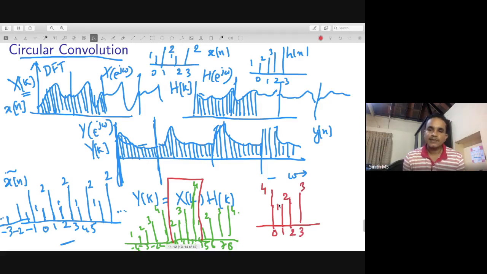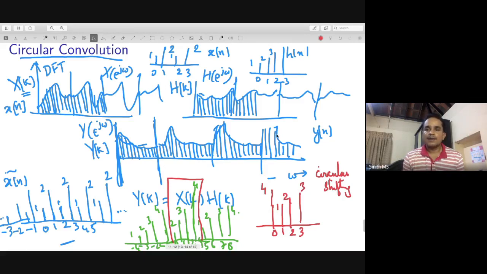So this is shifting. The shifting that happens here, instead of 0, 1, 2, 3, 4, shifting to the right, the 4 which was here was shifted to this point, and you call this circular shifting. So we are going to circular shifting. When you do normal shifting, what happens in our frame of consideration is that this 4 will come to this point and you get 4, 1, 2, 3.